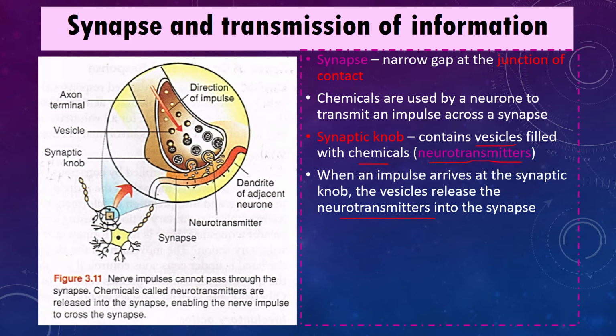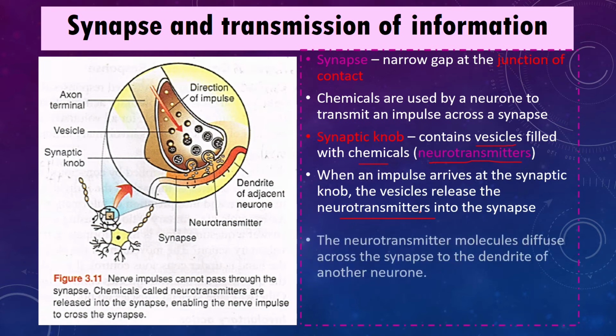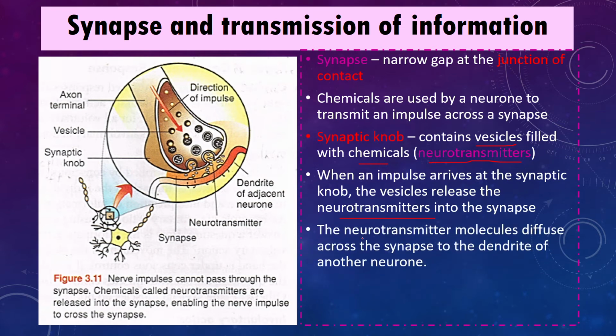So a lot of neurotransmitters will be released to the gap over here, ataupun kita panggil sebagai synapse. And the neurotransmitter molecules diffuse across the synapse to the dendrite of another neuron. Okay, maksudnya dia akan pergi, this neurotransmitter akan meresap melalui this gap, synapse, and then next to it, to the